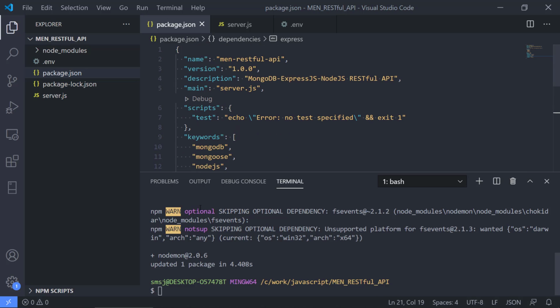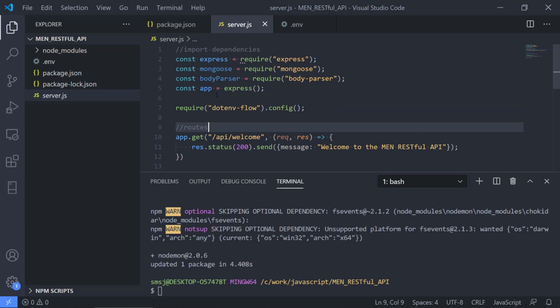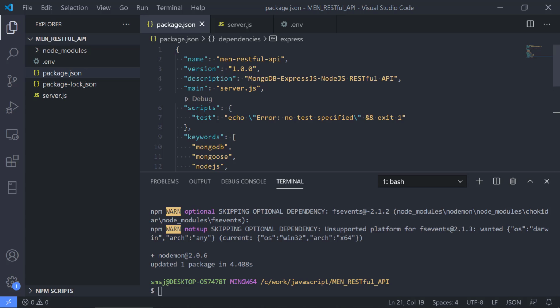Okay, so how do we use Nodemon? Well, the really handy thing about this is that whenever we change something in any of the files, Nodemon is going to listen to that and will actually rebuild the project in real time and display any errors to us. So one thing we should do before we launch the project is that we go into package.json, because we have these scripts here. And we can see right now we just have a test script. We don't have any testing actually, but